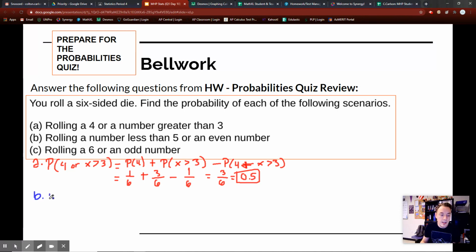Okay? Rolling a number less than 5 or an even number. Now, ask yourself a question. Can you roll a number less than 5 and also at the same time get an even number? Yeah. You can have a 2 and that's less than 5. You can get a 4 and that's less than 5. So that means these do have an overlap, which means it is not mutually exclusive, which means I will need to make sure I subtract that overlap there. So the probability of x being less than 5,